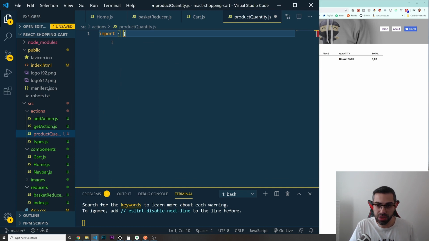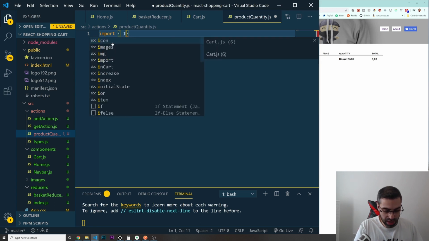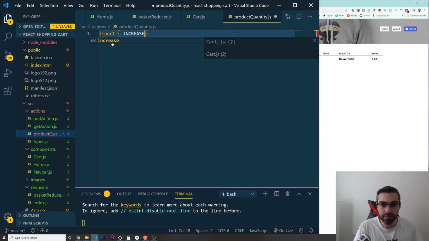Okay, two types of actions. One is going to be if I want to increase. Another one is going to be if I want to decrease. So I'm going to put in here an increase quantity. And I'm going to put another one, which is going to be decrease quantity. And I want to import these from, okay,